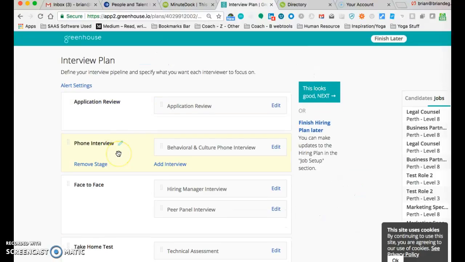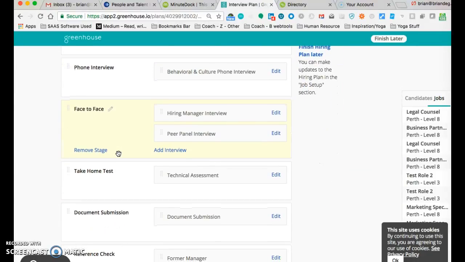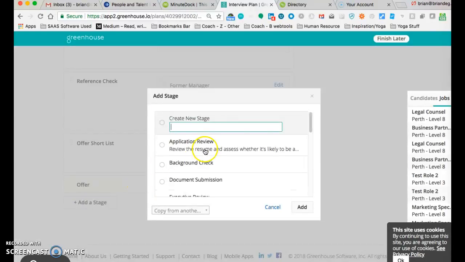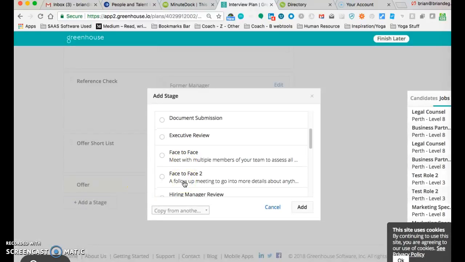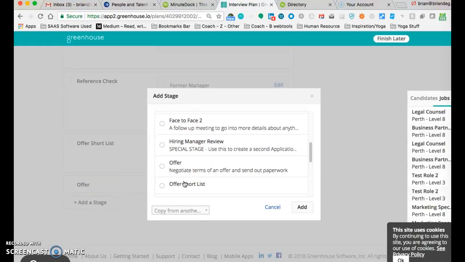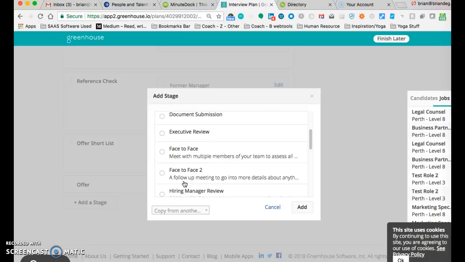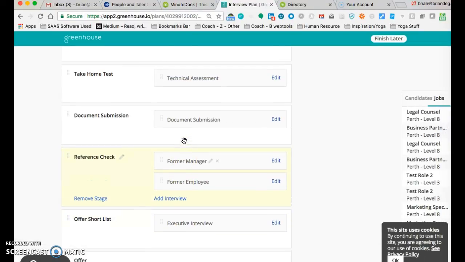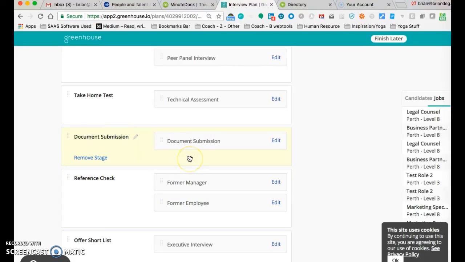Then that looks good. I'll go into the interview plan. This is just a default template, and you can add any additional stages that you want. So each of these stages, in terms of the interview plan, have different things that could happen with them, and I'll show you what I mean. So here, document submission. If I click here and edit,